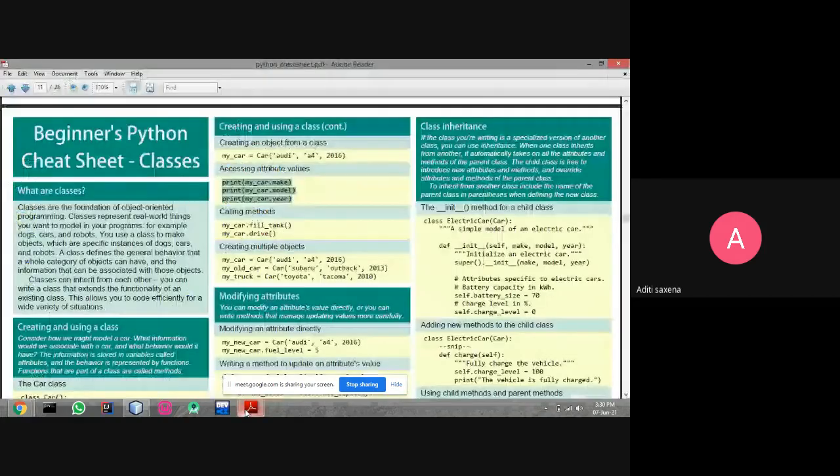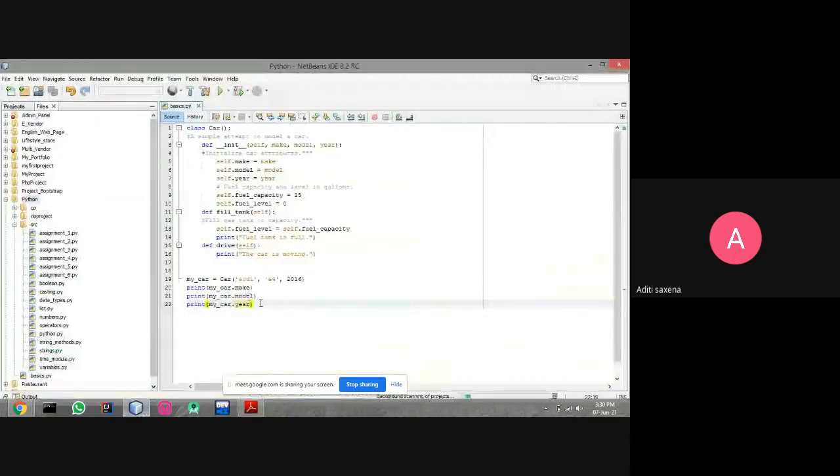For calling, we use the same syntax: first we write the object name, then we write the method name.